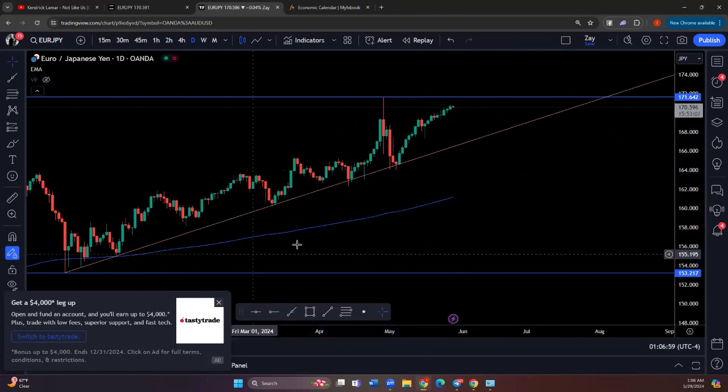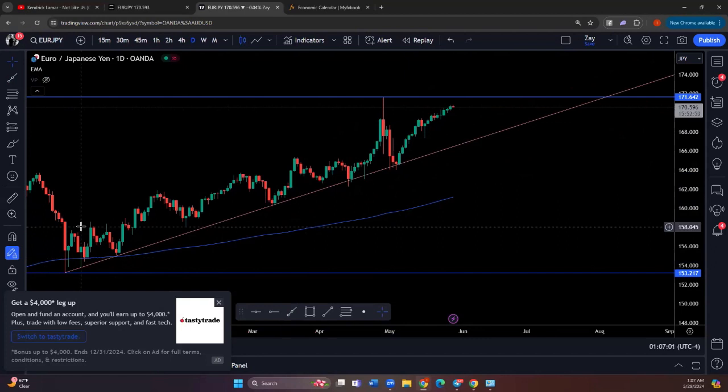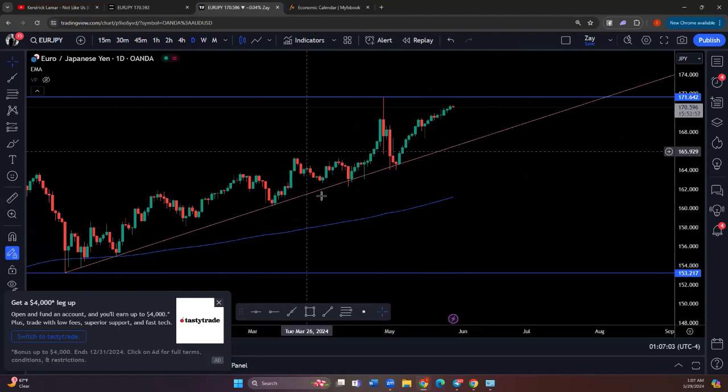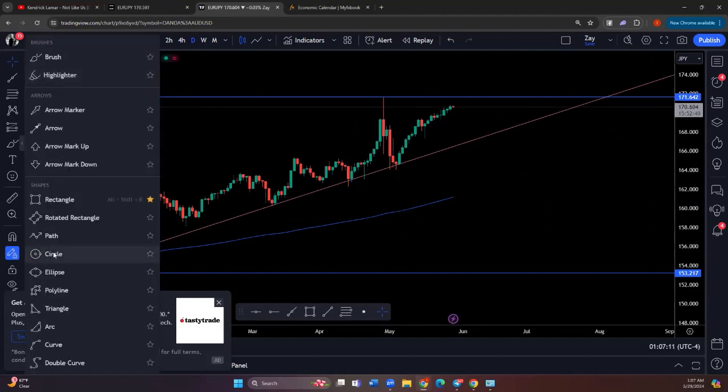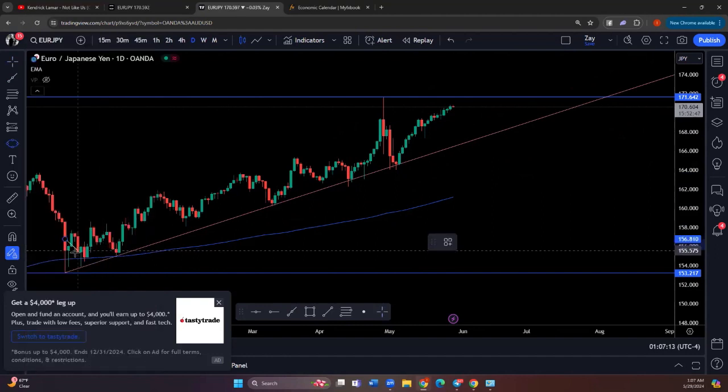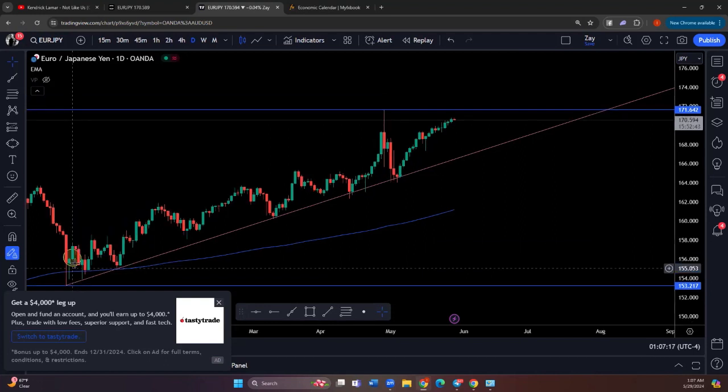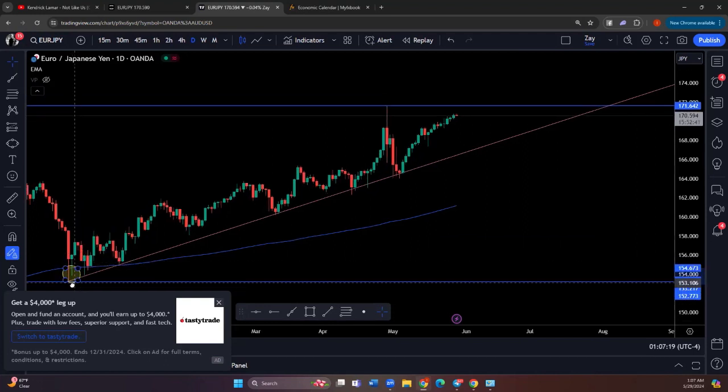Y'all see that? Y'all see how I just dropped the trend there? Boom, boom. All I'm doing is bouncing. The ball is bouncing, right? Let me draw my ball. I try to make it easy, man. I try to make it fun. I try to make it easy when it comes to this trading because it can get repetitive. It can get a little boring, right? So we got the ball.